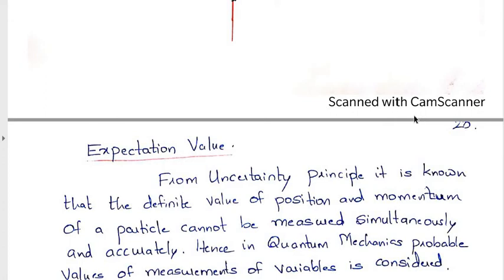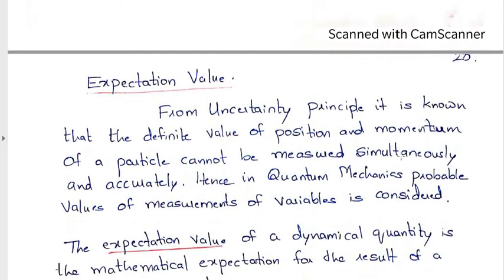Next, we come to expectation value. As we have already seen in the previous semester, probability density, that is mod psi square, gives the probability of finding a particle at a particular position and at a particular instant of time. If a large number of measurements are carried out on some dynamical quantity, then the probability will be given by the relative number of times the particle is observed in any particular volume.